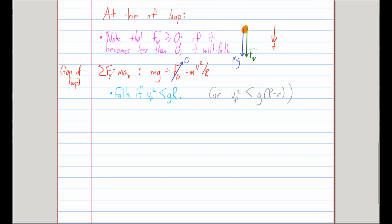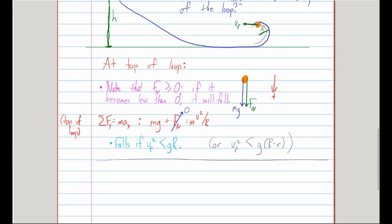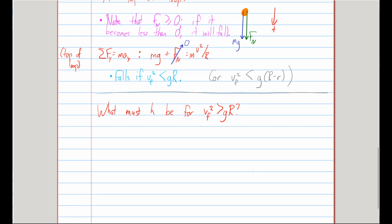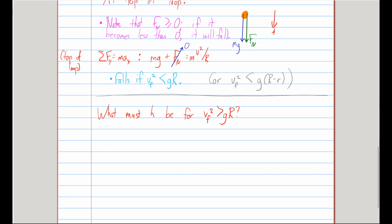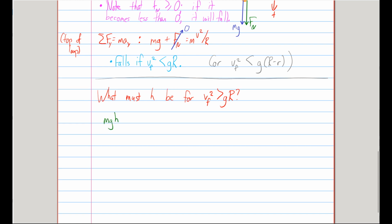So now that I've figured out when it will fall, now I need to figure out what h must be so that it will be going at least that fast. So what must h be for v final squared to be at least as big as gr? Well, here again, we meet the conditions to use conservation of energy. So let's do that. In the beginning, all I have is potential energy, right? So in the beginning, I've got only gravitational potential energy. And that must be equal, well,